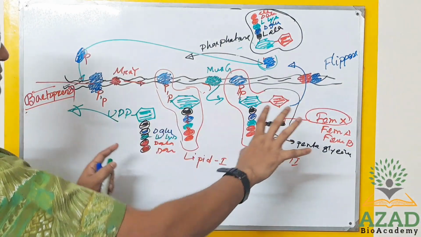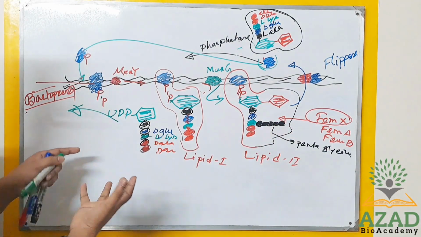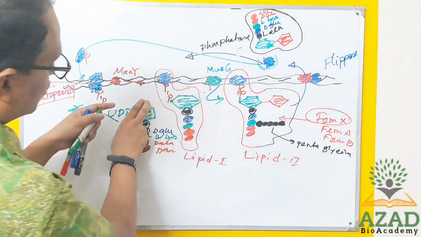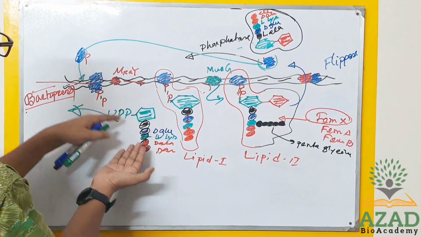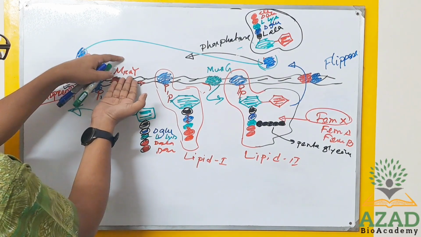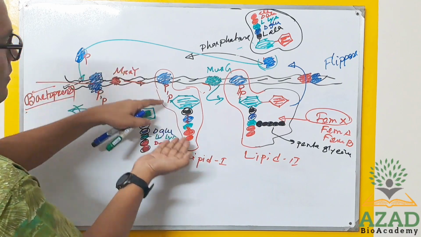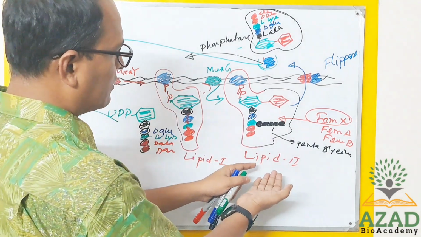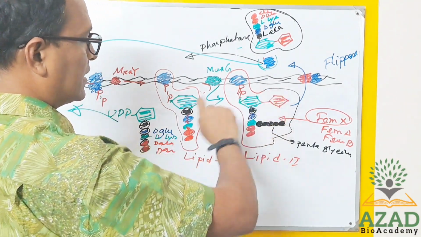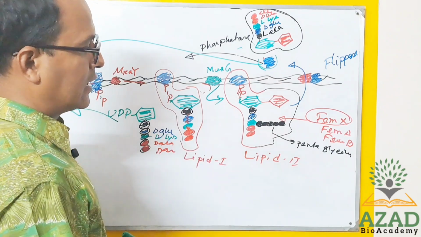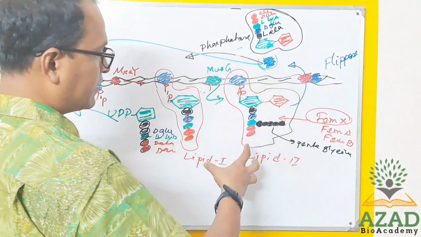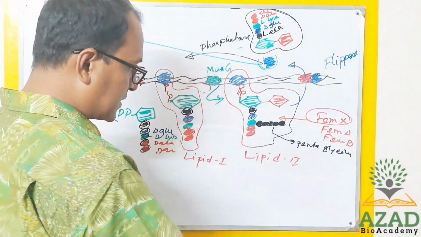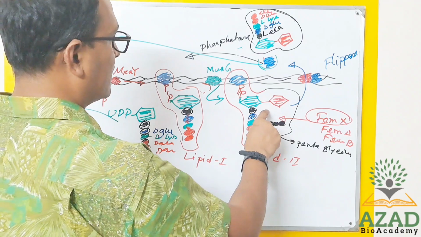So I will just sum up very quickly. Within the cytoplasm, the N-acetyl muramic acid containing pentapeptide will attach to the bactoprenol with the help of the MraY enzyme, and then it will form lipid I. And lipid I will convert into lipid II by the attachment of another sugar, N-acetyl glucosamine, and that will form lipid II. And that lipid II is basically the building block, but some species of bacteria will also carry the pentaglycine, and